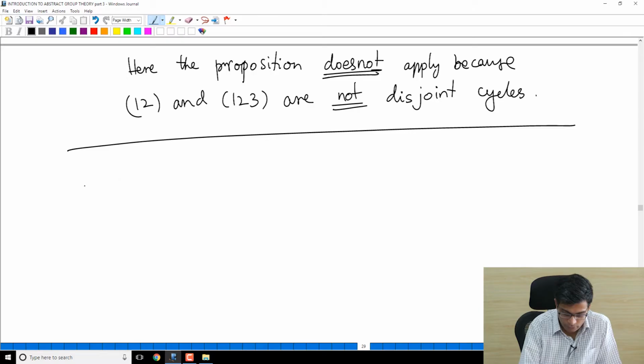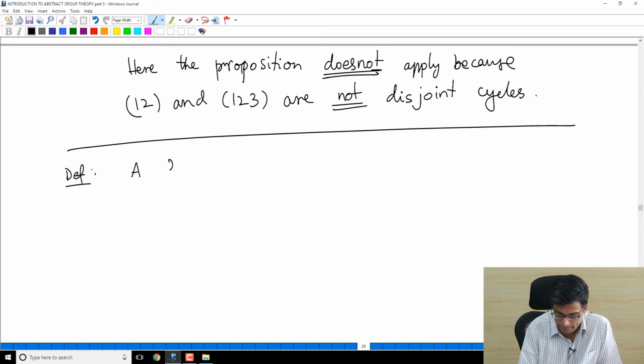So we have seen so far that any permutation in Sn can be written as a disjoint product of cycles, and that is very useful in particular, for example, when you want to calculate the order of the permutation, because the order of the permutation will simply be the LCM of the orders provided the cycles are disjoint. Next we are going to look at another decomposition for permutations which is not disjoint but is useful in some other situations. So let us define a transposition.